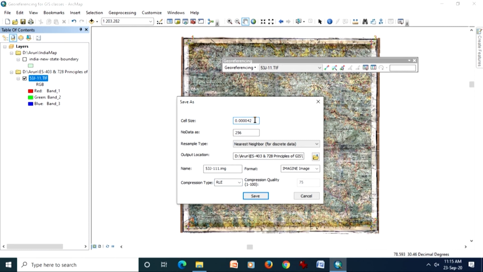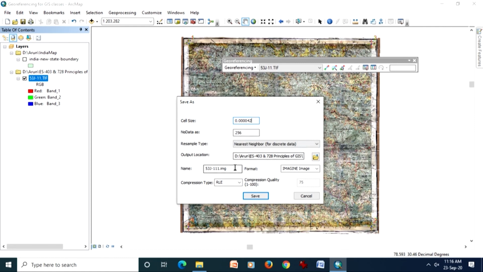And at this stage I can also change the resolution. But generally one should not change the resolution just like that; a little calculation is required, because this is a very small value here, since this topo seed has already been scanned at a very high resolution. But if it were a satellite image, then you can control the resolution, otherwise whatever comes by default you can accept.